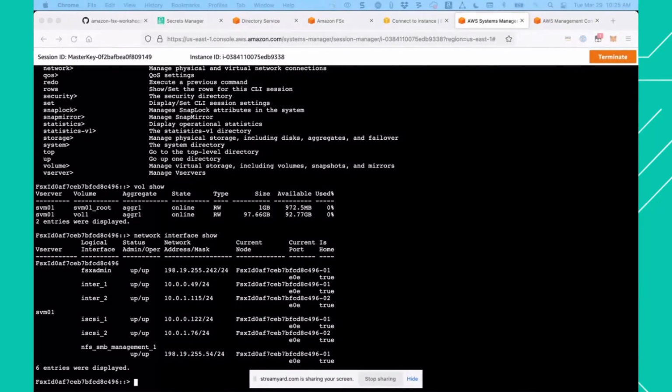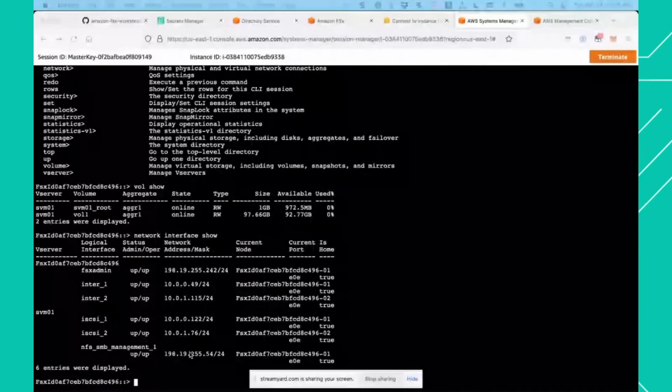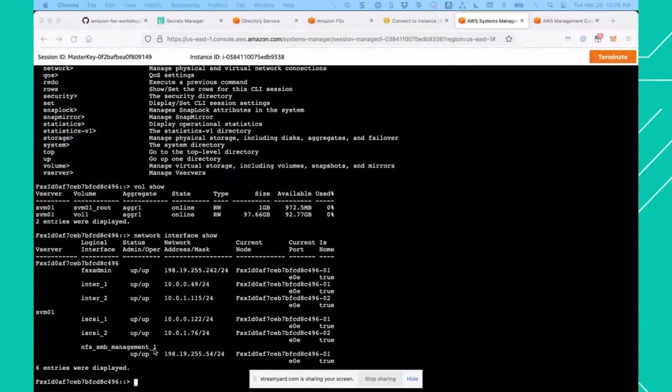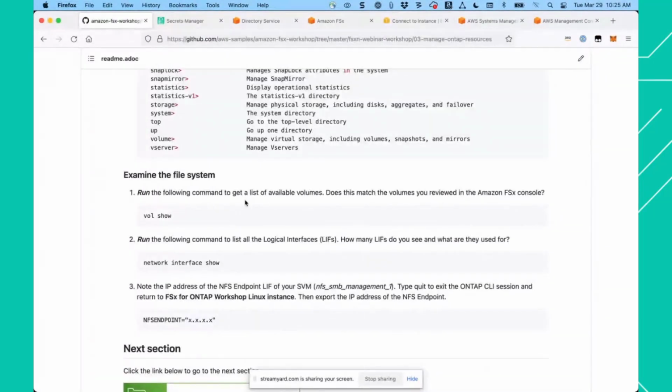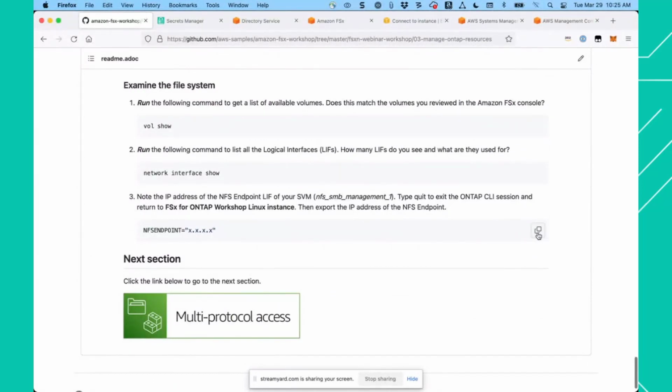All right. Now we can take a look at the network interfaces. The one thing we want to make a note of is the IP address for the NFS SMB Management 1 interface. Okay, so let's go back to our step-by-step guide. I'm going to copy this. We're going to hop over to my notepad,